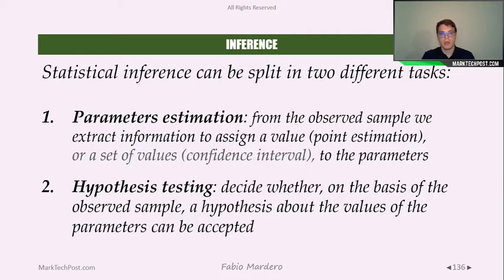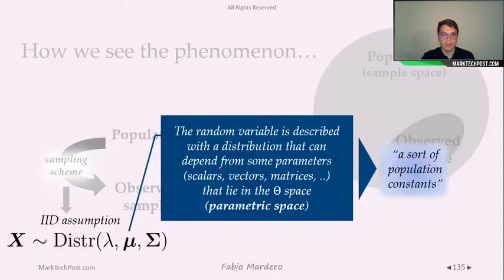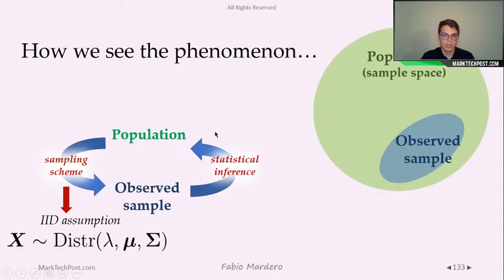But now we look back at the other side. We want to go from the observed sample to build a set of hypotheses and a theory to describe, from the observed sample, the entire population in the most rigorous and